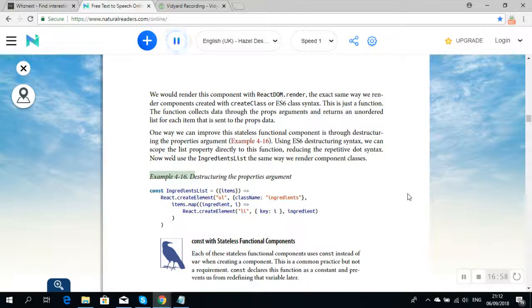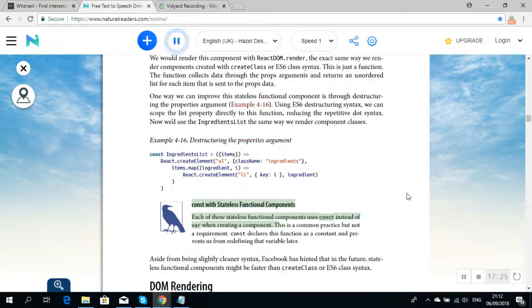Example 4-16, destructuring the properties argument: const IngredientsList = ({items}) => React.createElement('ul', {className: 'ingredients'}, items.map((ingredient, i) => React.createElement(Ingredient, {key: i, ...ingredient})))